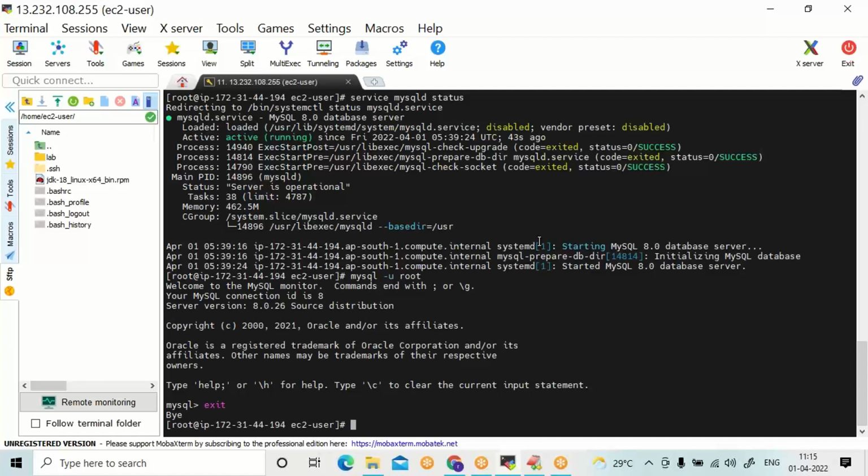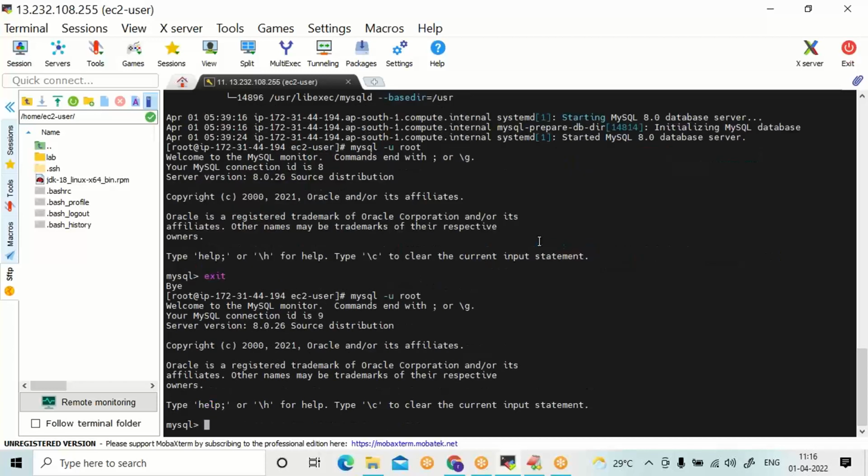Again, if you want to open the MySQL client, go for mysql -u root. Now, you can see all the available databases. Show databases. There is a command show databases.